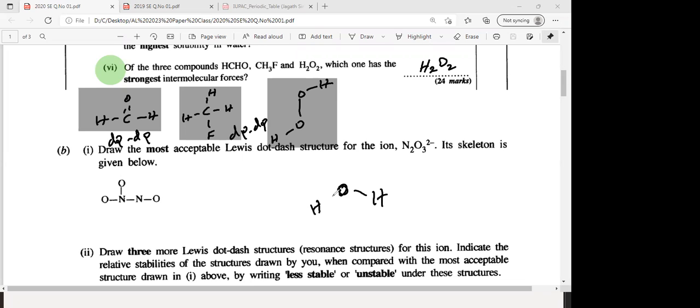The others won't be having the hydrogen bonding. If you want, you can check the electronegativity difference here. Carbon is 2.5, oxygen is 3.5, hydrogen will be 2.1. What is the difference? 1.4. If you take carbon here in CF4, carbon will be